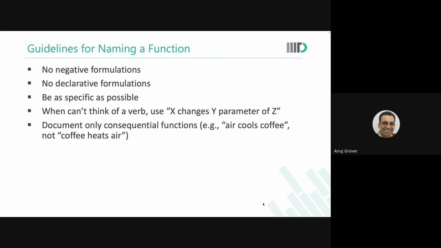However, if I were setting up an AC plant, let us say for Starbucks, then hot coffee, or coffee when you're having it, heats the air and becomes an important function. Because my job as an engineer over there was to maintain the cooling of the shop. So over there, I will not model that air cools coffee. That is user modeling. My modeling is that the ambient temperature in the shop should be cool enough,